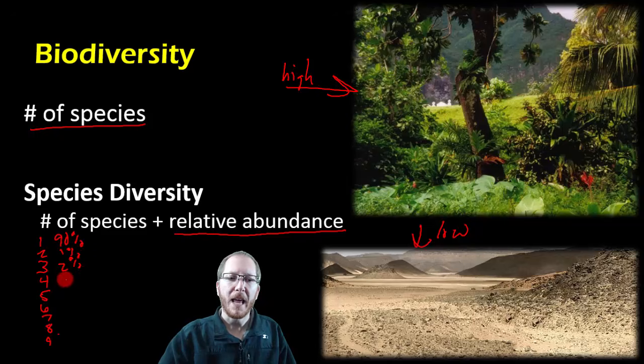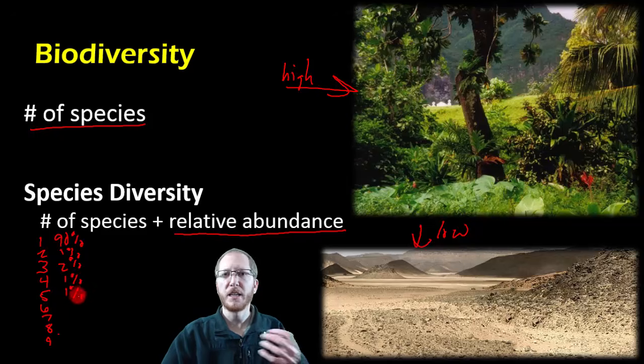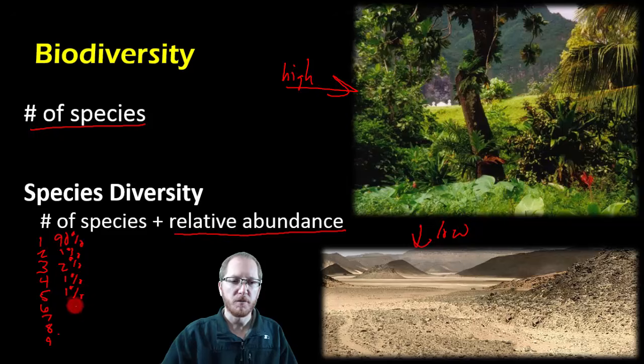So if I go through and analyze this now, I would see that this ecosystem that appeared to be very diverse as I initially looked at it, this ecosystem that might have had a lot of species, actually isn't very diverse, because almost all the living organisms there are one type of species. The other types of species have such low numbers that there's a decent chance they could go extinct. It's just not as stable.